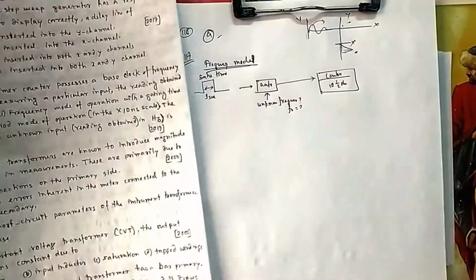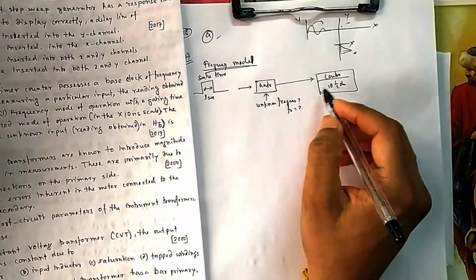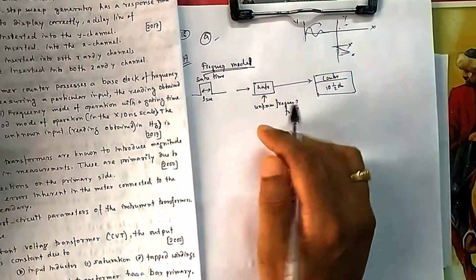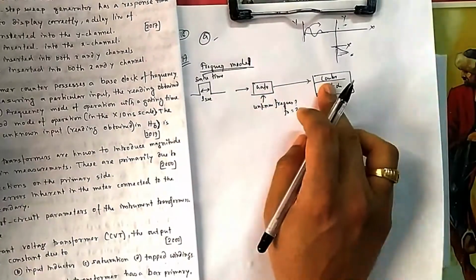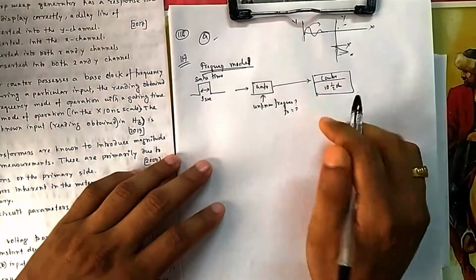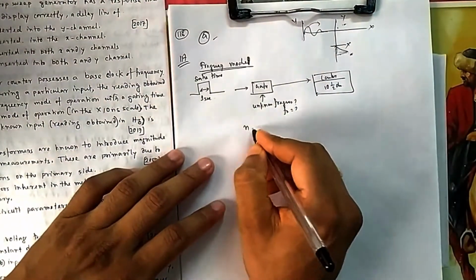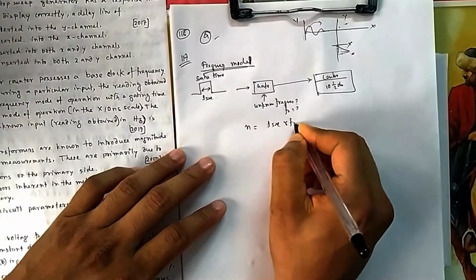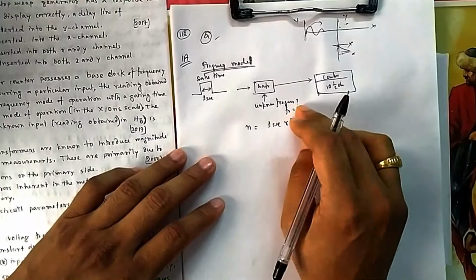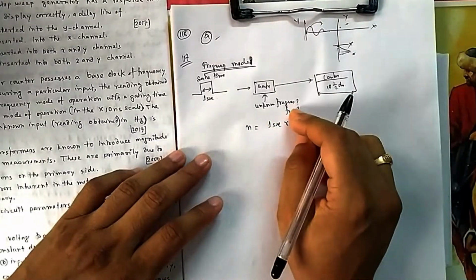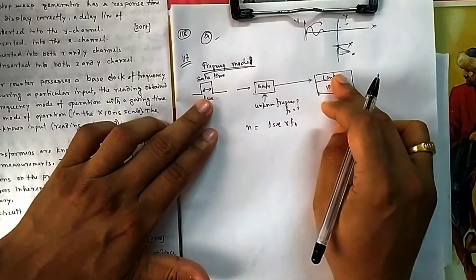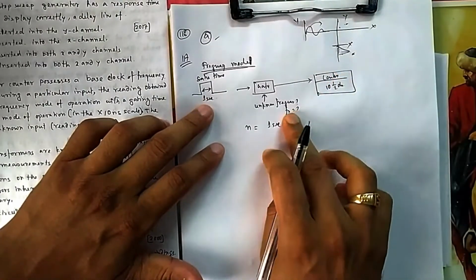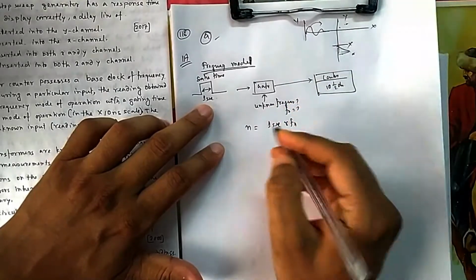Okay, so how much can this counter count in 1 second? In 1 second, however many cycles are going through, the counter will count. So if it is fx, this counter will measure n, which is equal to 1 second into fx. Suppose it is 10 Hz, that means you are sending 10 cycles per second. So if you are measuring for 1 second, it will sense 10 cycles, so the output will be 10. If you are measuring for 2 seconds, then if it is 10 Hz, it will be 10 into 2, 20. So this is the formula.